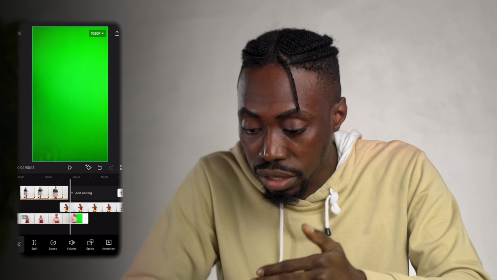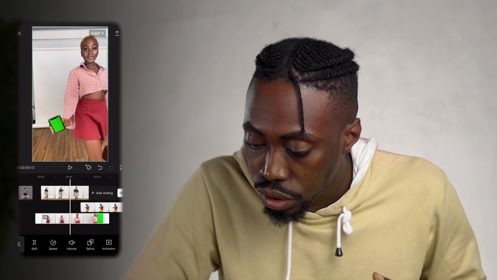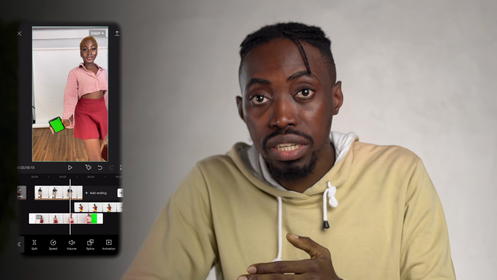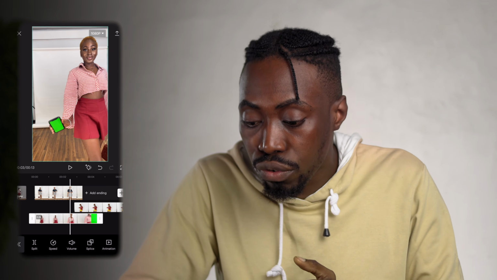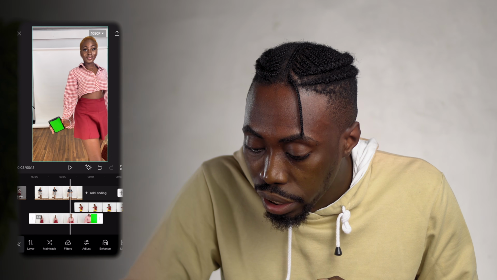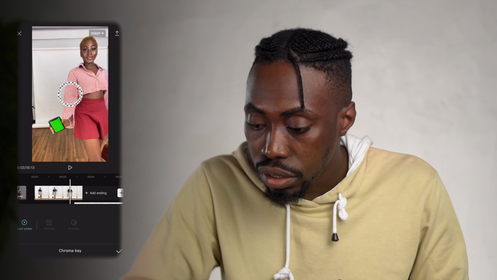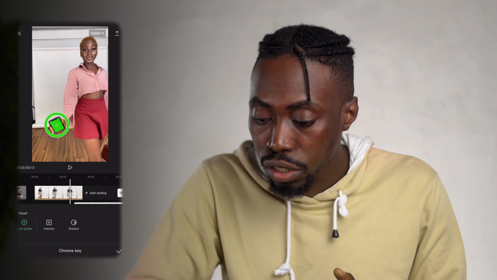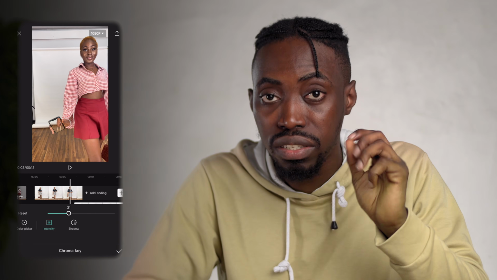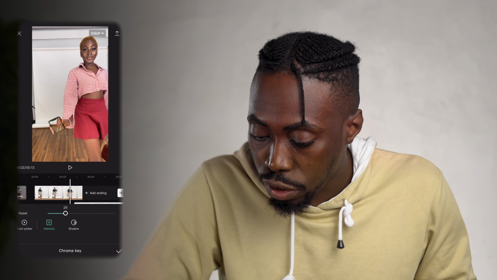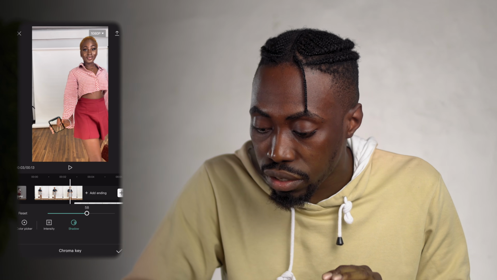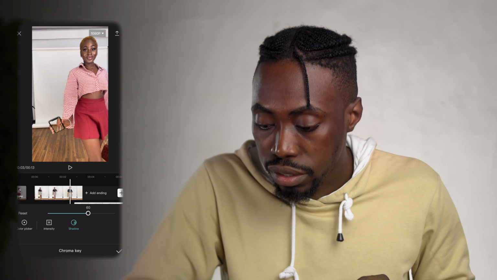So what you do is click at the first point where you see your green screen, you pause it right there, you stop your tracker right there, you click on chroma key, then color picker. At the color picker, you click on the intensity and you increase the intensity to 27. 27 is the sweet spot. Then your shadow, just so it can blend perfectly with the borders of the phone, 60.